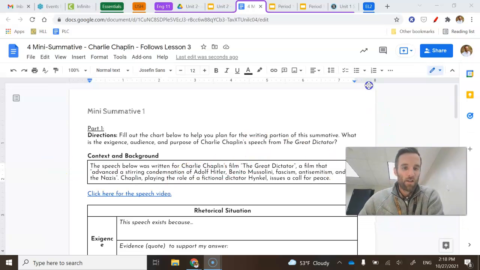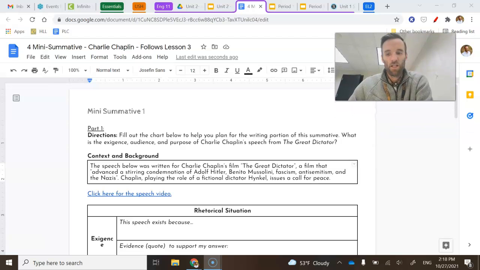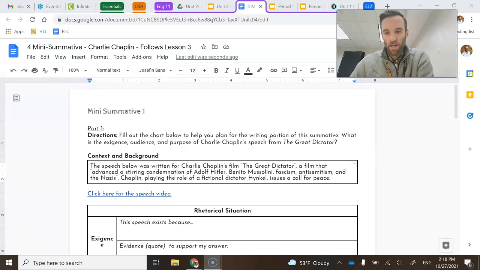It's a summative weighted grade, but it's a little bit shorter as far as the requirements in it than an end of unit summative, and it's a way for you to hopefully have a greater effect on your grade by showing what you know about the first part of our unit, which was rhetorical situation. If you remember, that's what we've been working on, that's what we've been studying. So here it is, mini summative.